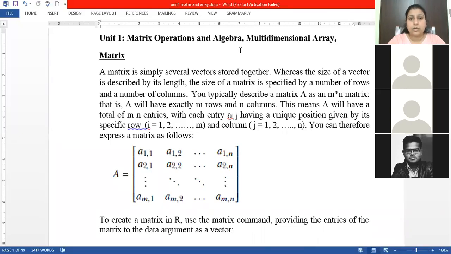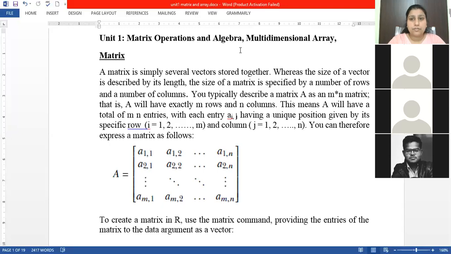A vector is basically a collection of values, and we use the syntax small c to create a vector. When studying vectors, we have seen some operations like sorting and sequencing, which we can perform on a vector.